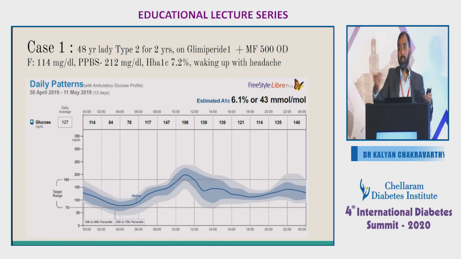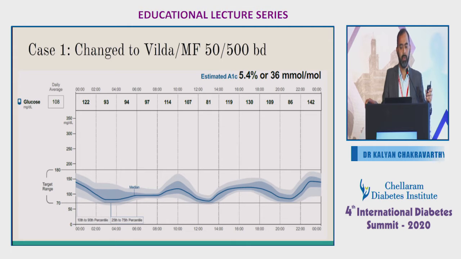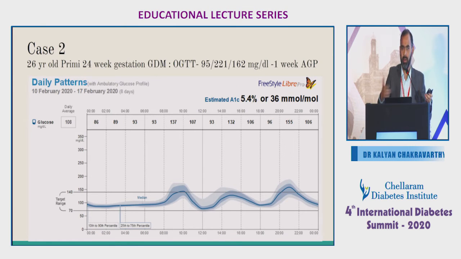That's where this A1C correlation comes in. The HbA1c for this patient was 7.2, but rightly Dr. Banshi Sahu mentioned that the HbA1c doesn't take into account all the hypoglycemia. If you take the hypoglycemias into account, the A1c comes to only 6.1%. So we changed this patient to a DPP4 inhibitor and metformin, and as you can see, the nighttime hypoglycemias have almost gone. This was the initial lag-on phase of the sulfonylureas, and you get a better post-breakfast and postprandial reduction in this case. So this is how an AGP can be used to bring the glucose into the target zone.